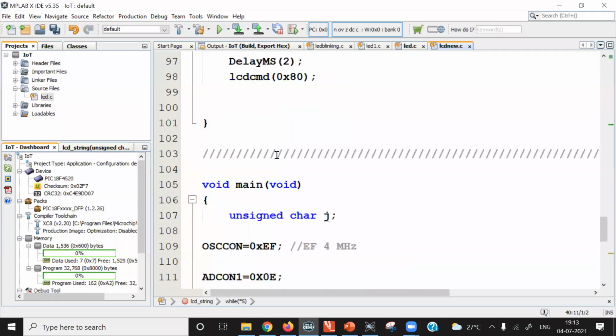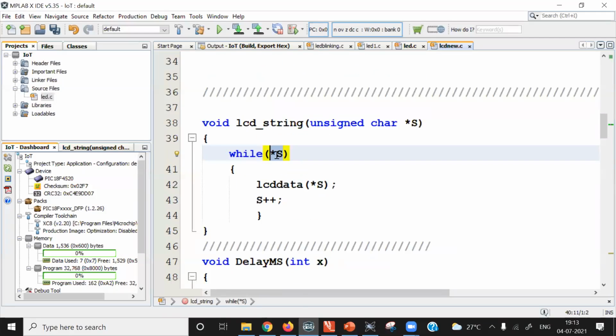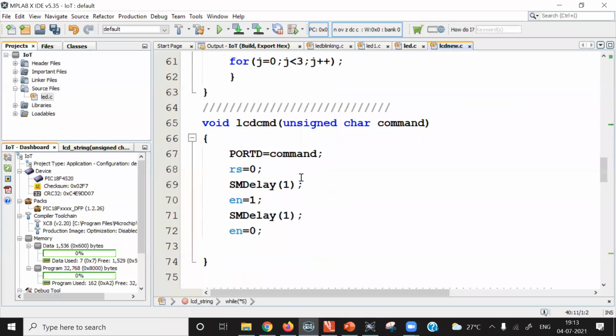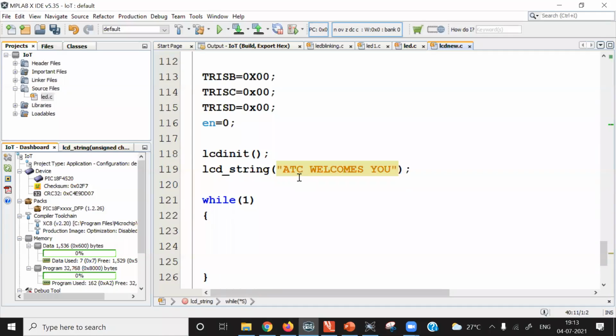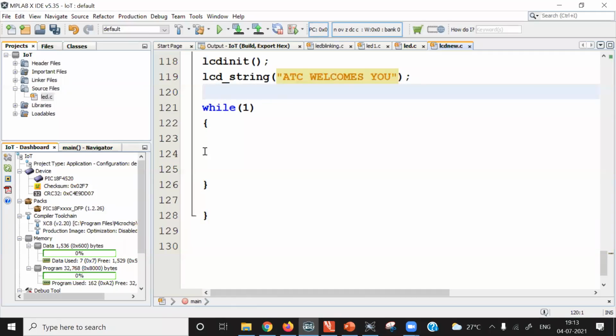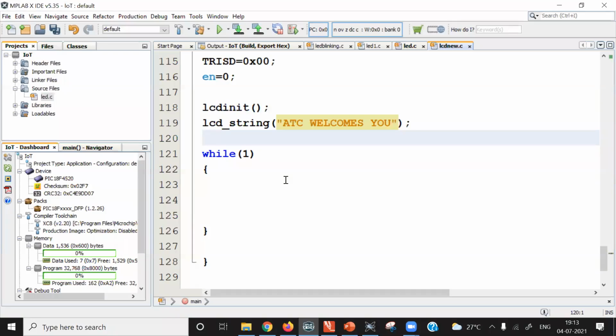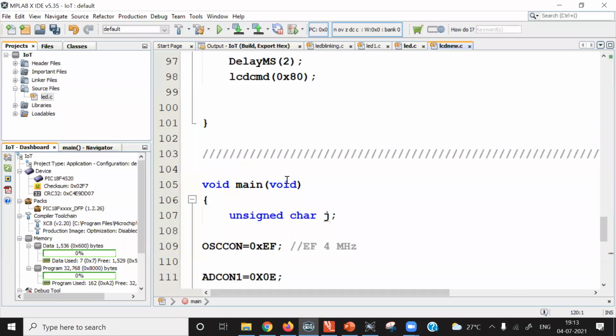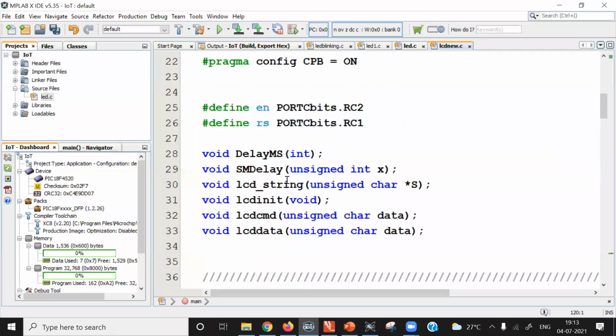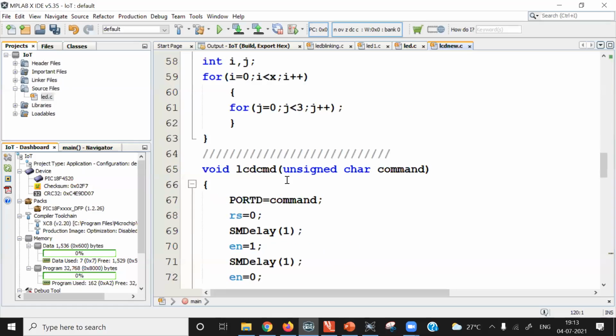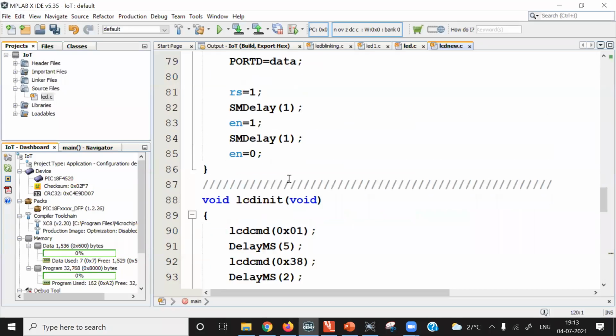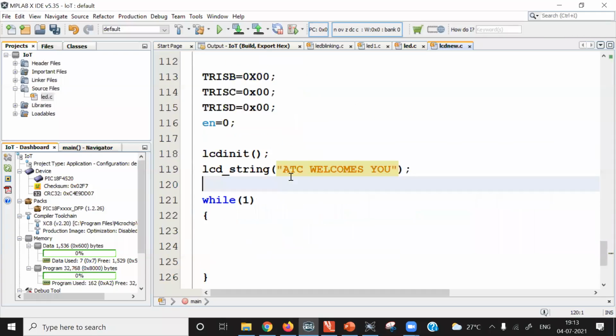Once the while loop is terminated, the program will come out of this LCD string function and go back to the main program here. After this function we are not doing any operation, so I am putting the program in an indefinite while loop. This is how we can write the LCD interfacing program.